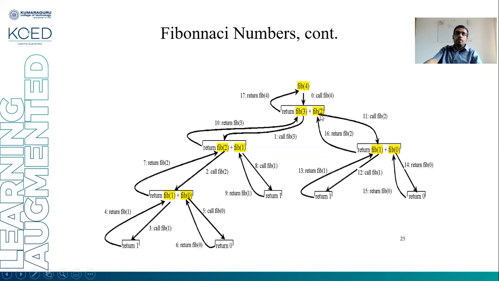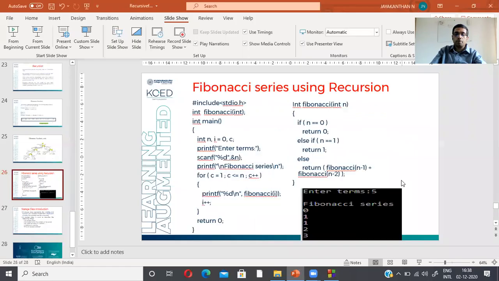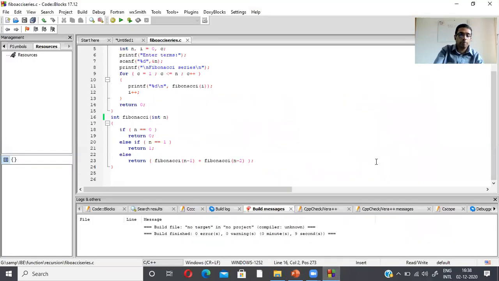So fib of 2, which value is, okay, we are having a value fib of 2 is 1, fib of 3 equal to 2. So the fourth term is, what is the value? 2 plus 1 equal to 3. So in this manner, okay, our programming logic will work. Now we are going to discuss about the program. Okay, we'll discuss the program in 4 blocks. This is our program.